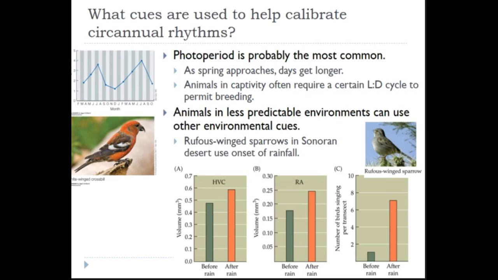And then this is an indication of how many birds are singing per transect. So this is just going out, walking in a transect, noting how many birds are being active. And you can see that before rain, they're pretty much silent. But once the rain hits, they start singing like crazy because they're all trying to secure mates, get nest sites going, and reproduce, get your chicks going as quickly as possible.